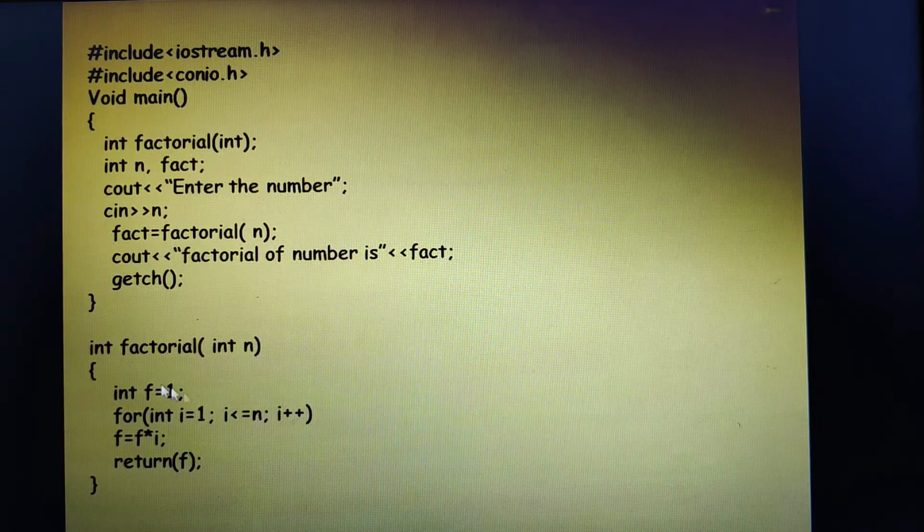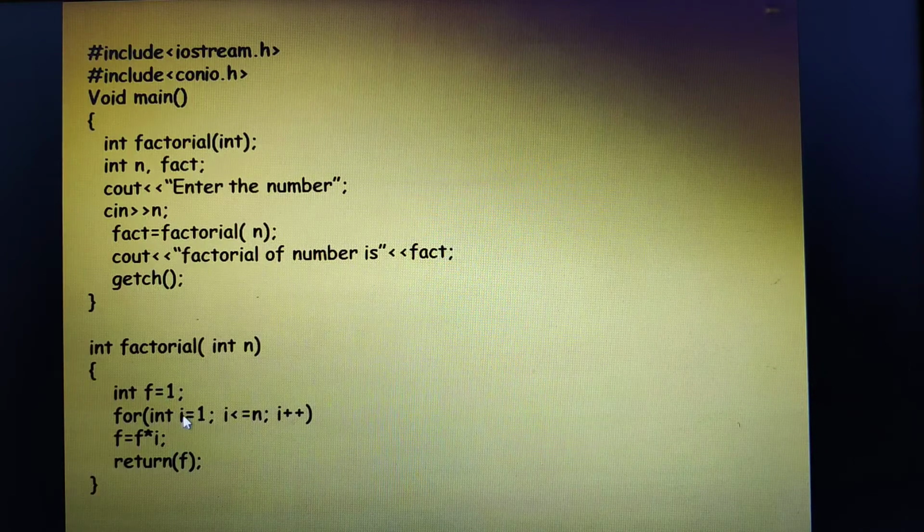It is completely independent, which could be invoked, or which you can make a call to, by the main program or by any other subprograms also.